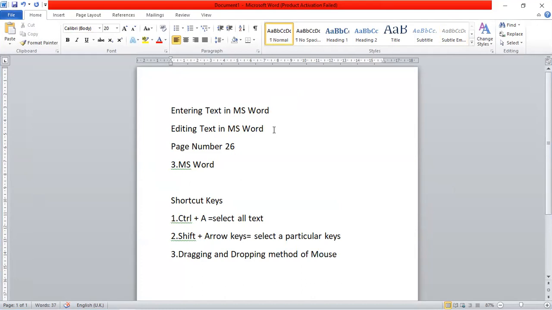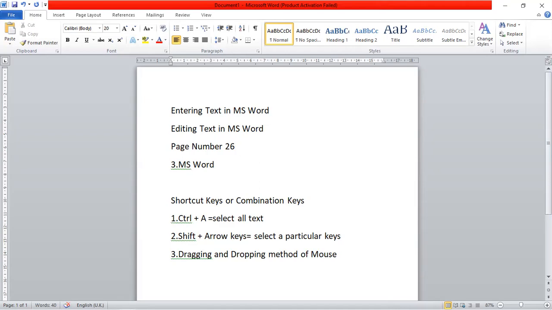First, you have to just enter the document and type from the keyboard.